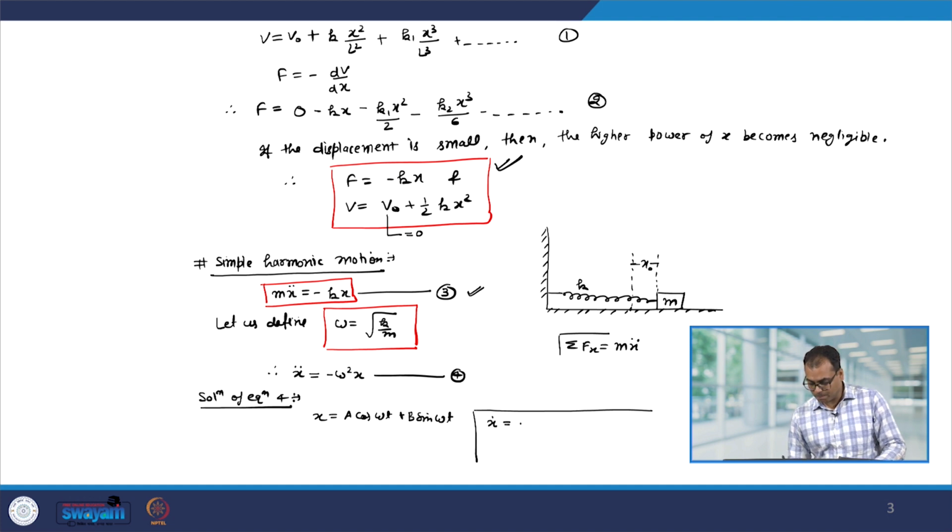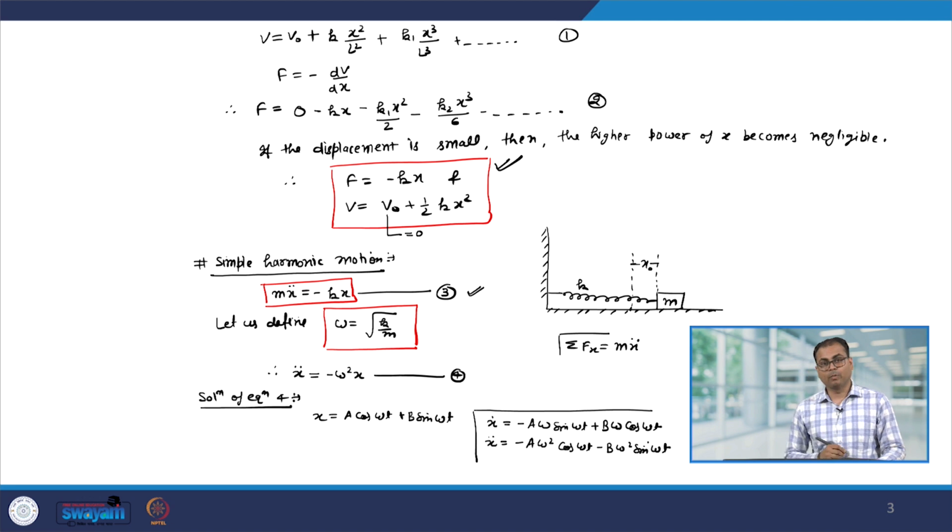So, that will be minus a omega sin omega t plus b omega cos omega t. Similarly, x double dot will be minus a omega square cos omega t minus b omega square sin omega t,